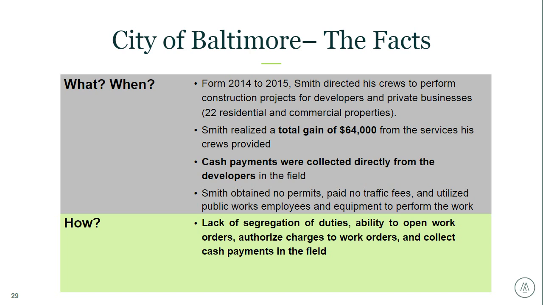And in all, he was able to gain about $64,000 from the services his city crews provided for about 22 combined residential and commercial properties. And performing the work didn't set back his other projects either, as they were able to complete the work outside of their standard work hours and charge overtime as they worked on these additional projects. And then since Ronald was in a supervisor role, he was able to approve the overtime hours for his crews just to make sure that they got paid for those additional hours that they worked without others at the city needing to review or approve the overtime on top of him.